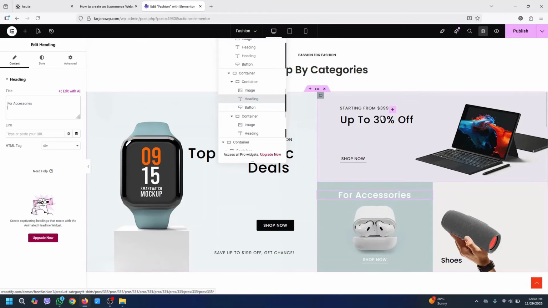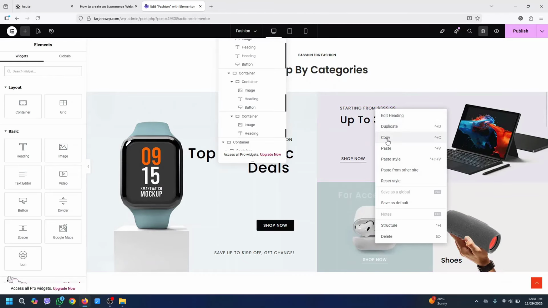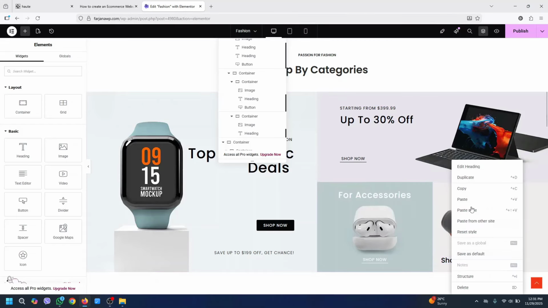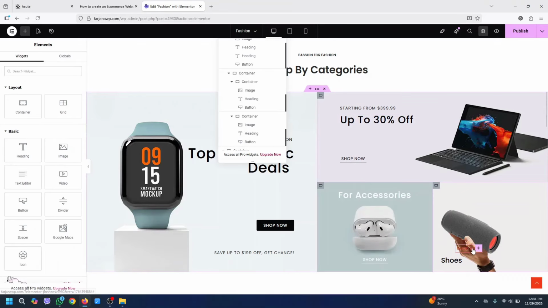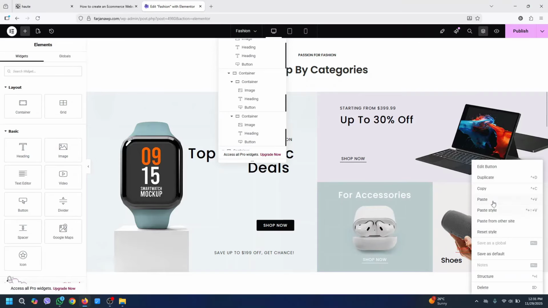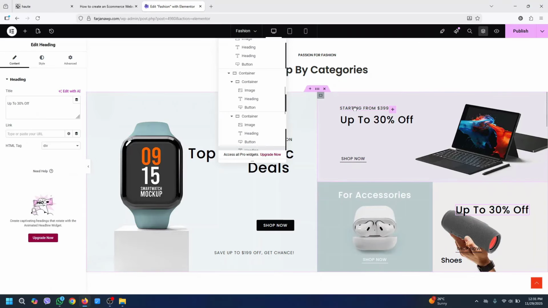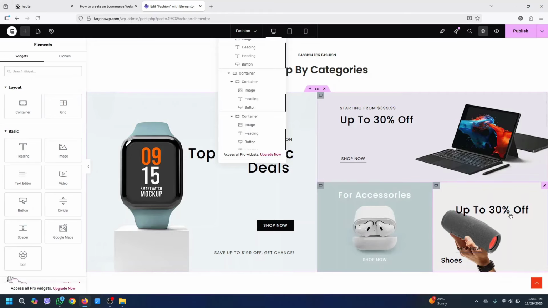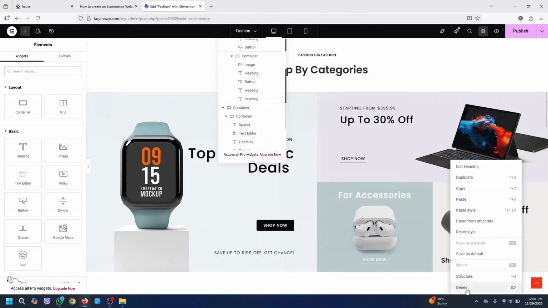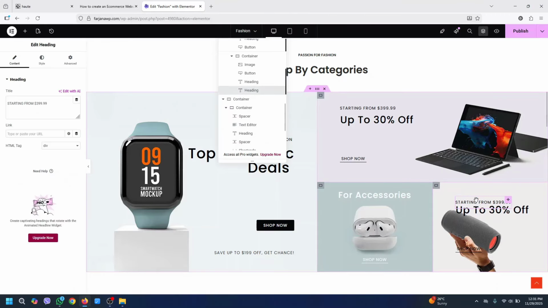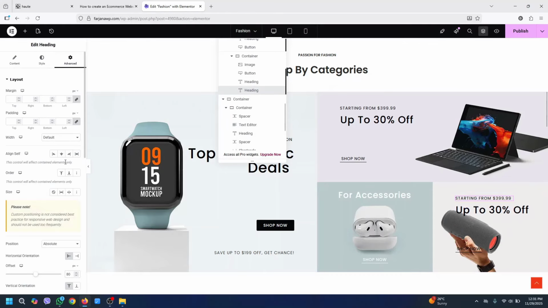For the last one, I'm going to copy and paste, removing this text. And now for the first one, going to advanced, and from right can set it to 30,